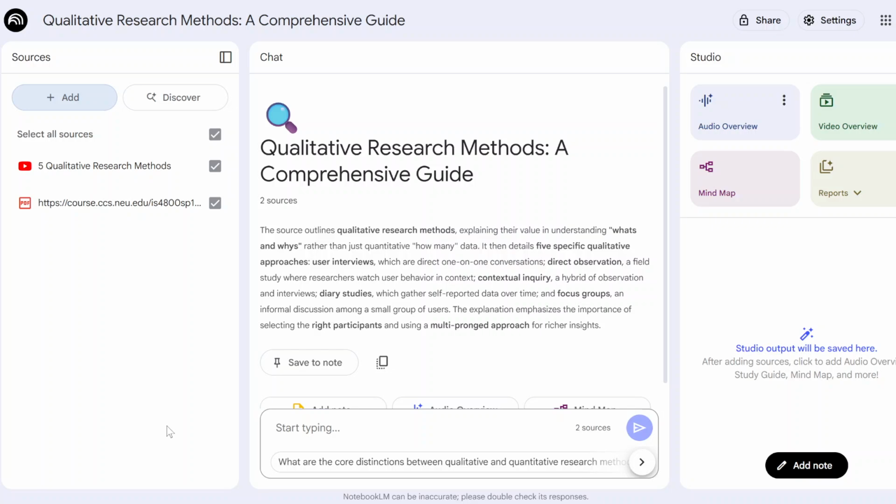Like in college, I remember there was an exam that I had to really cram for, and if I had NotebookLM, I would have really felt more supported and would have been able to study more efficiently. So without further ado, let's go ahead and get started with creating a study guide based off of the sources